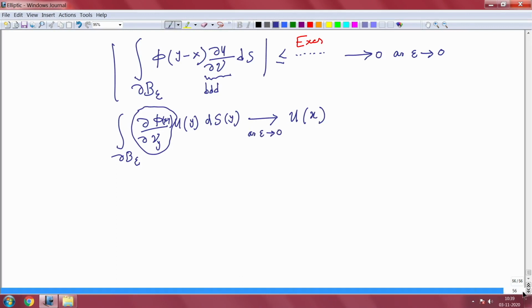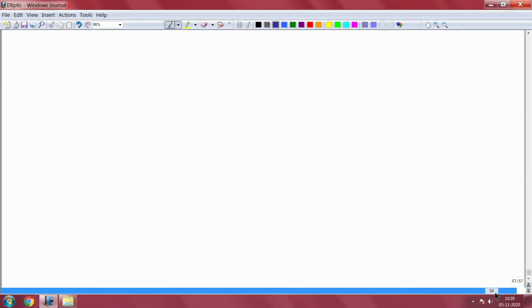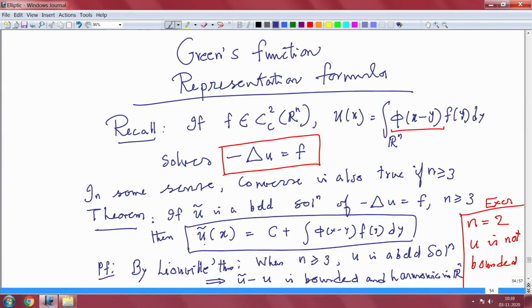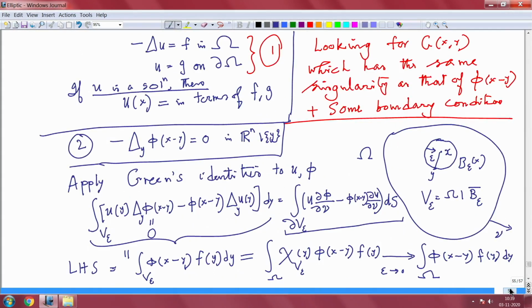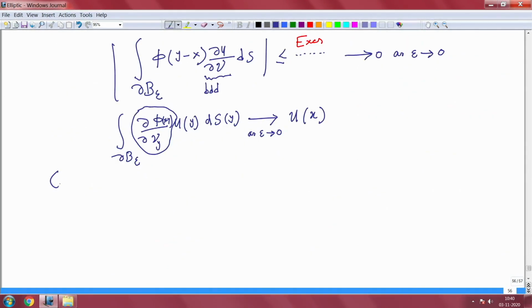So, combine your terms. You see the left hand side goes to this quantity, you keep it as it is, and then you have two terms on the boundary of omega, which also you take to the left hand side. One term on the boundary of B epsilon goes to 0, and the other term goes to u of x. So, combining all these will give you u of x equal to